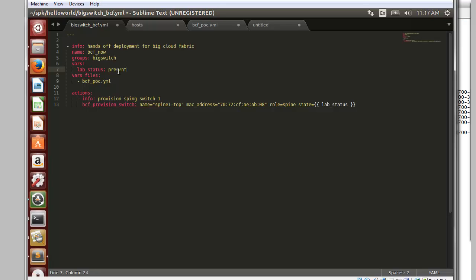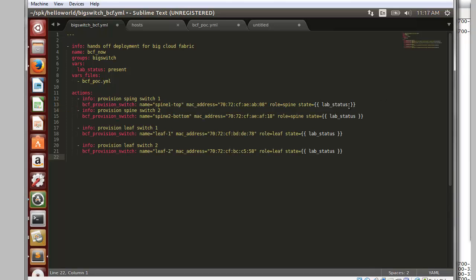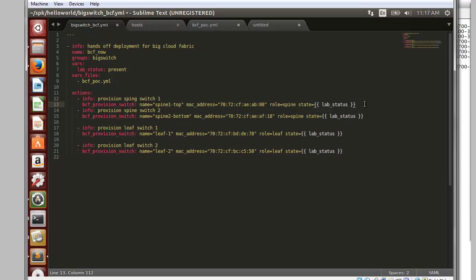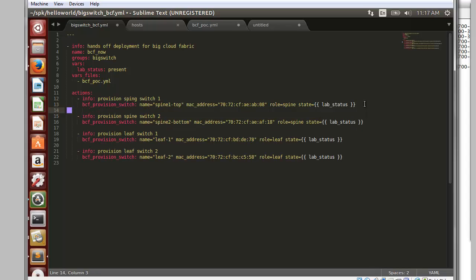Okay, and then I'm doing a variable for the state, because this will speed things up if we want to blow things out real quick in terms of deleting configuration or adding configuration. And what I'm going to do, again, just to speed things up here, is just copy these over from a file that I already had pre-created. And so what we have here is the 4 switches now in the fabric. So this is in a Schprokits workbook here. I'm going to save this file,